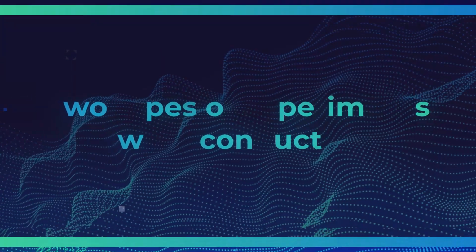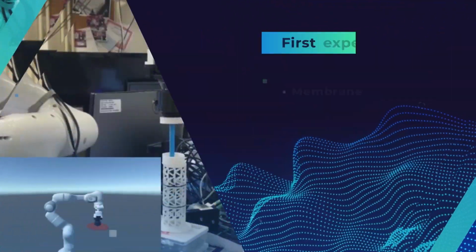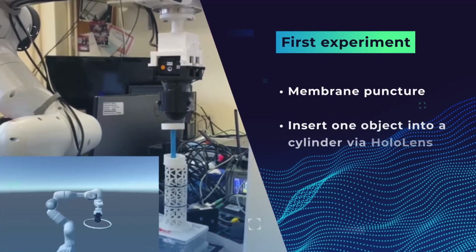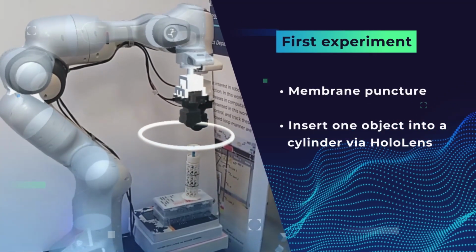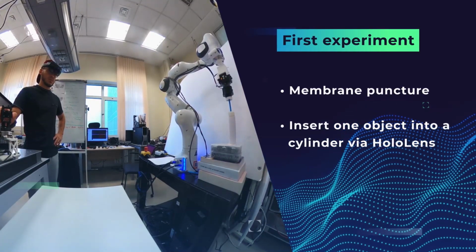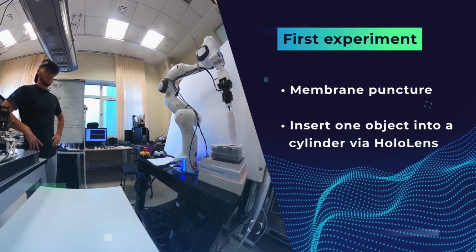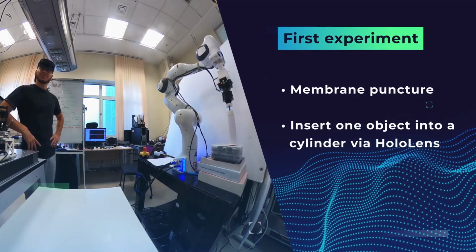To verify the concept, we conducted two types of experiments. In the first experiment, we benchmarked the approach's efficacy by having a user teleoperate a Franka Emika robot arm in a modified membrane puncture task, in which the goal was to insert one object into a cylinder, incorporating multiple breakable membranes